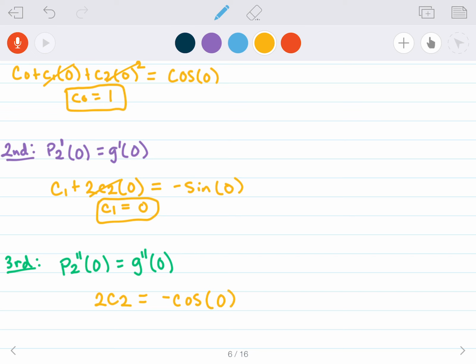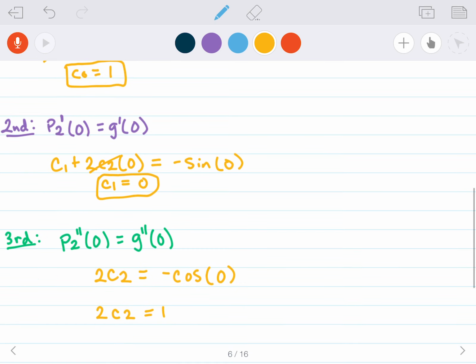Well, cosine of 0 is just 1, so we get 2c2 is equal to negative 1, sorry. And so c2 is simply going to equal negative 1/2. Awesome. So we found all three of our coefficients, and now we have that p2 of x, our quadratic approximation,